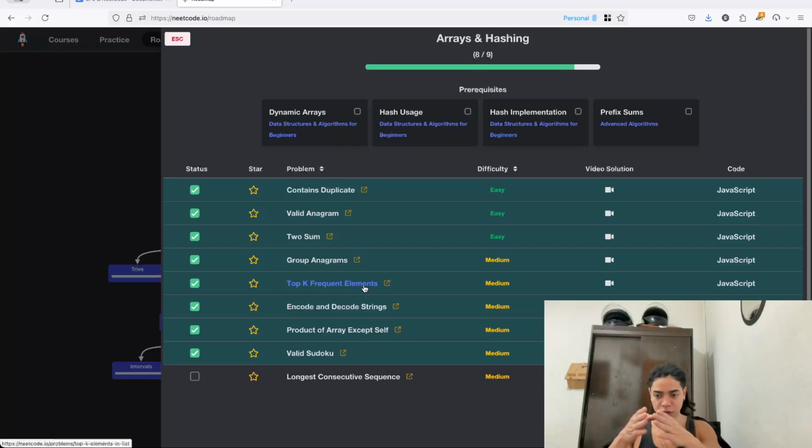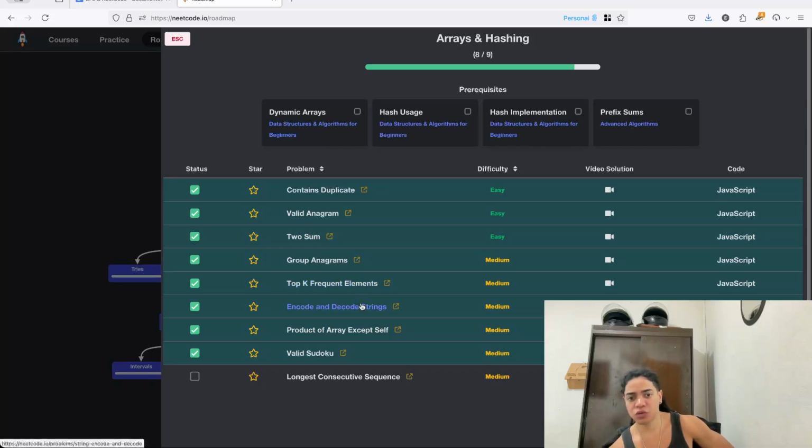Of course, if there are gaps between each one of those elements, we can traverse the array again as a way to remove all of the, or no, there is no need for that. There is no need to do that. We can just get the top k frequent elements by sliding this array